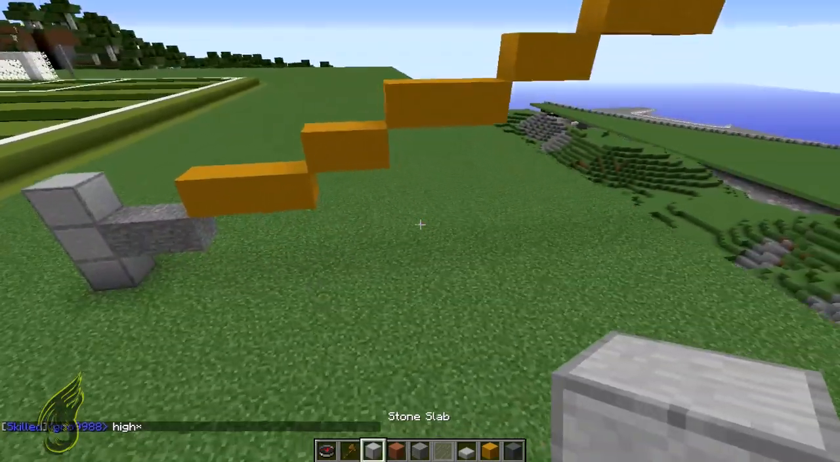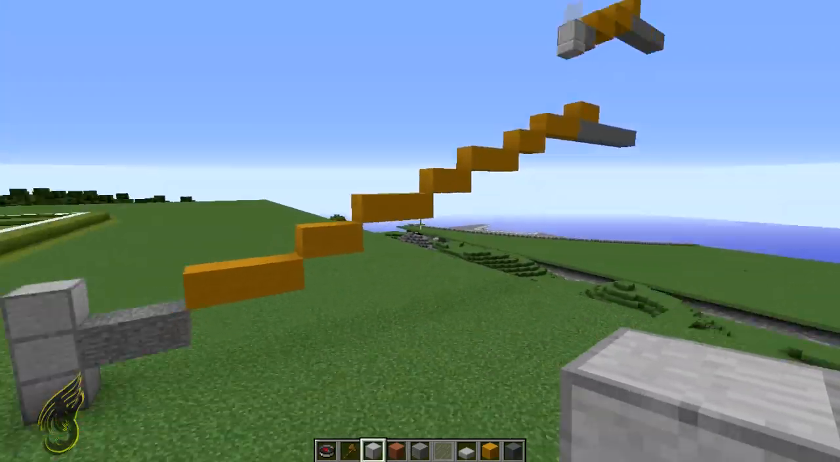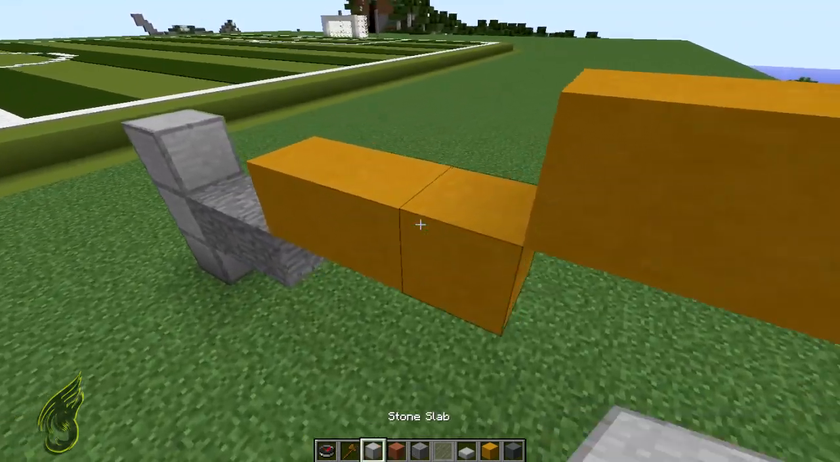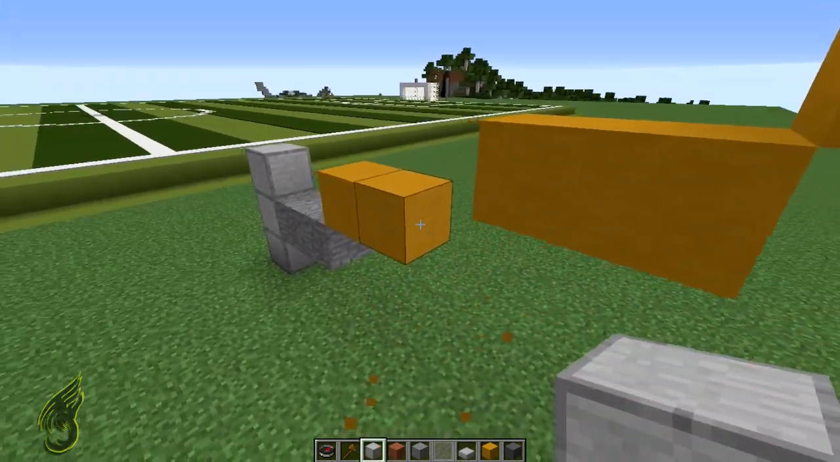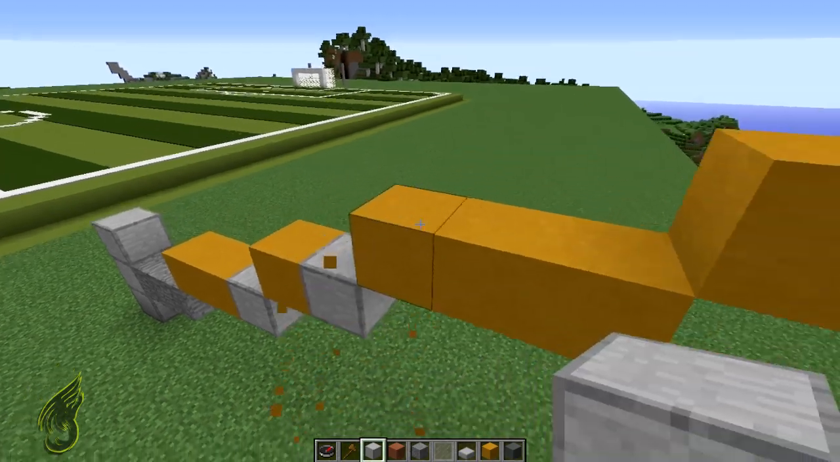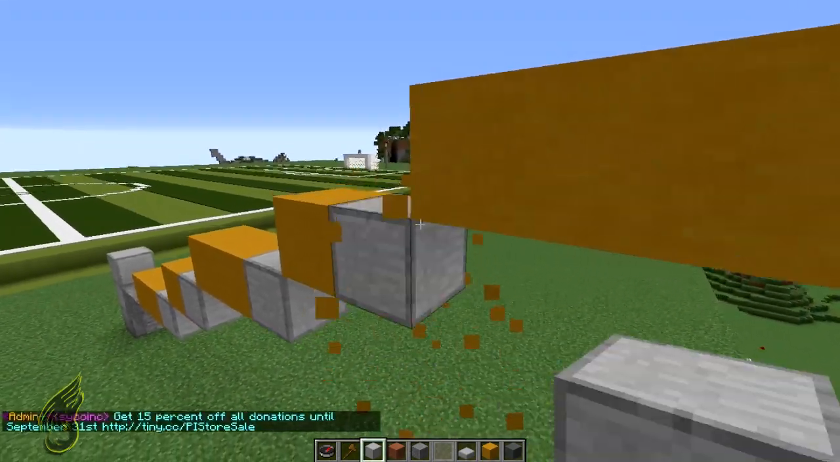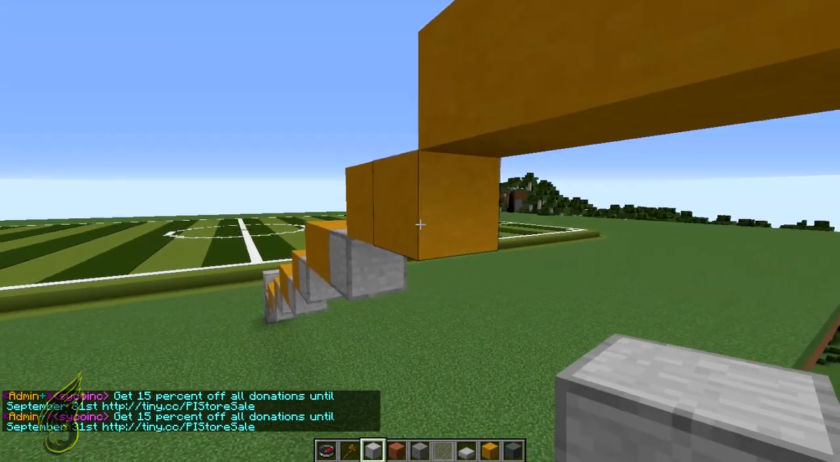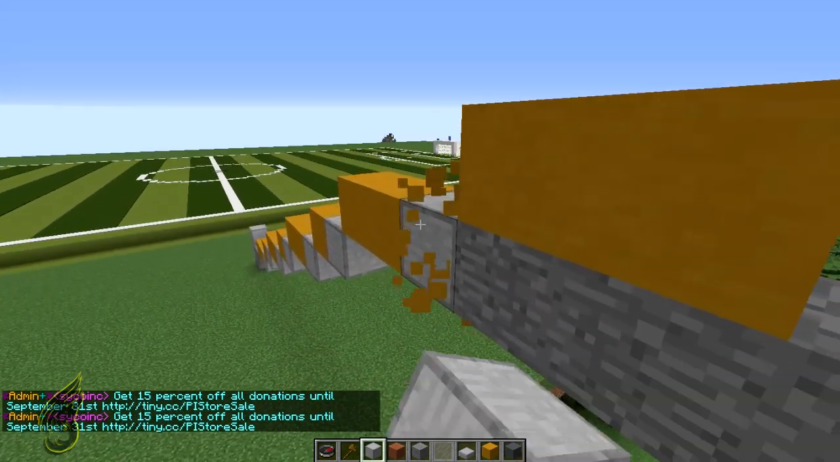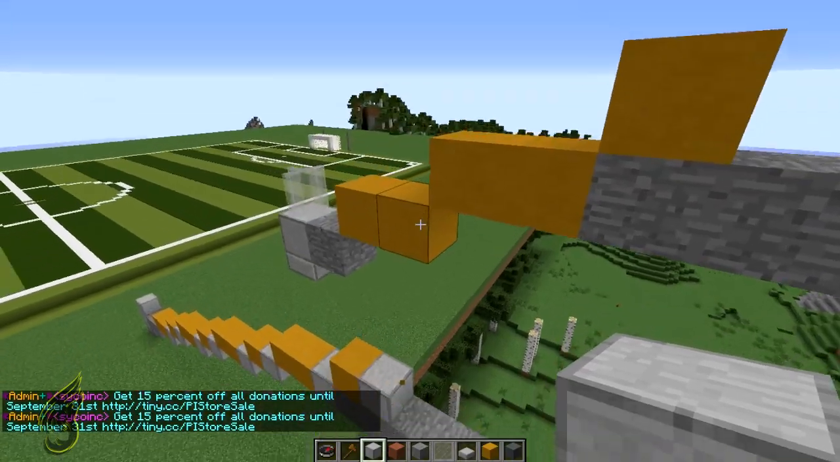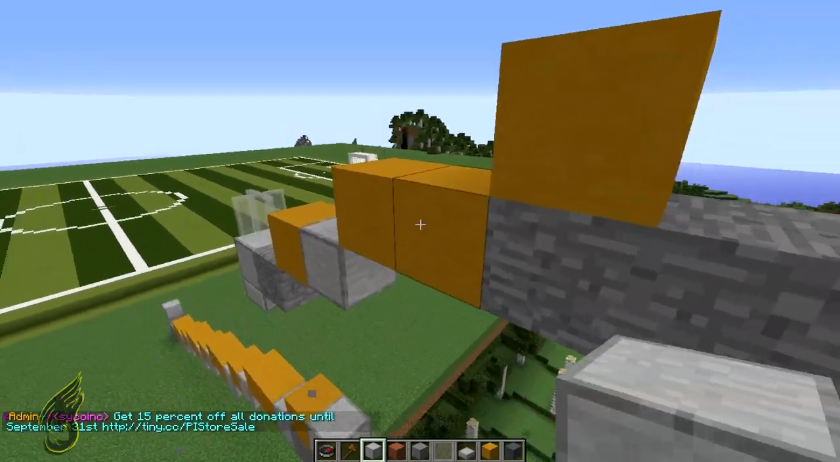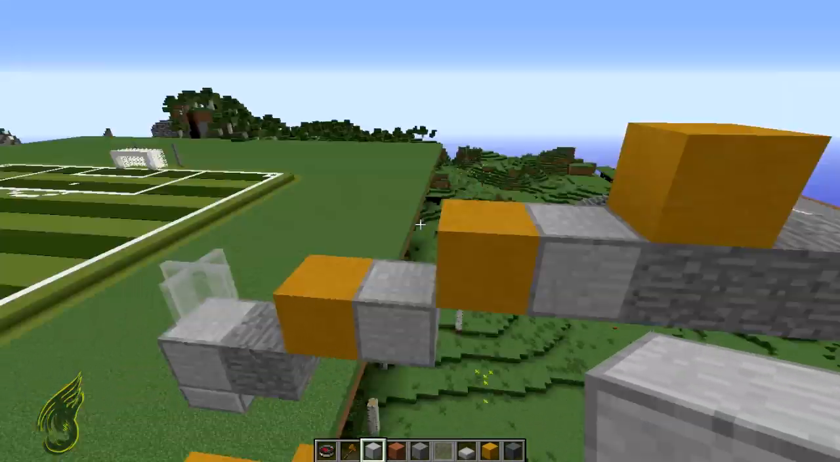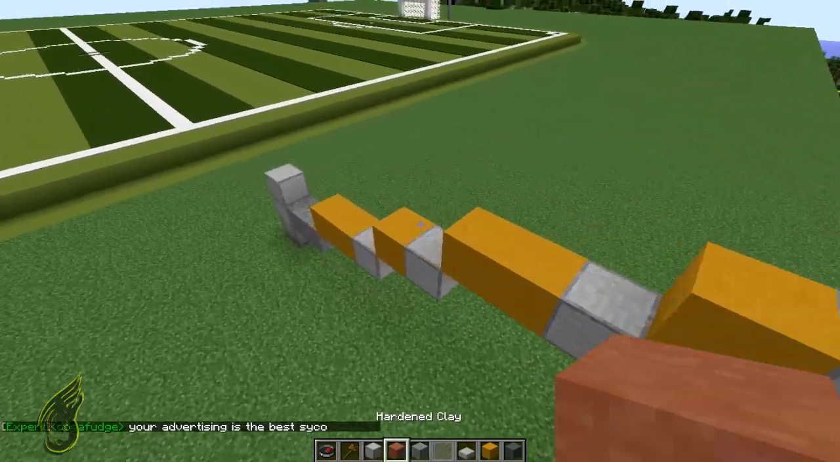I'll just talk over some little stuff that could help you with lighting up the seating and making the seating look better. So first of all, I like to do this on the last block of every level. So just like that. Not on there, obviously. And then to light it up,